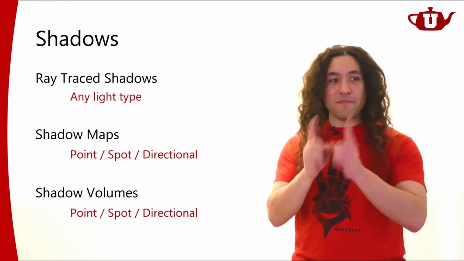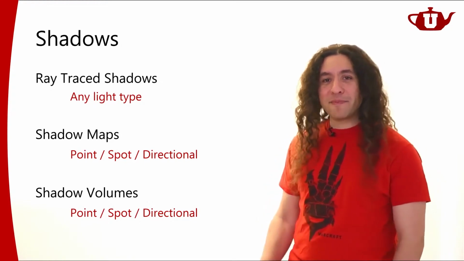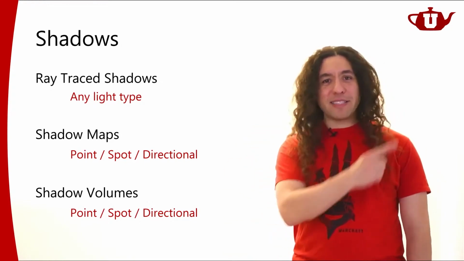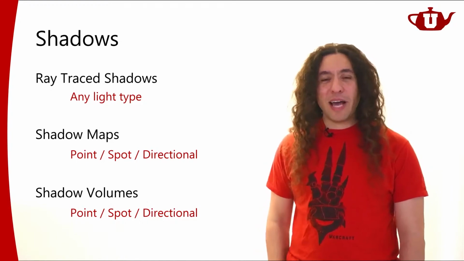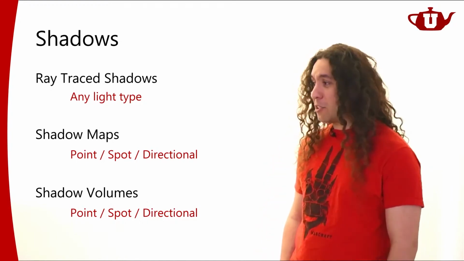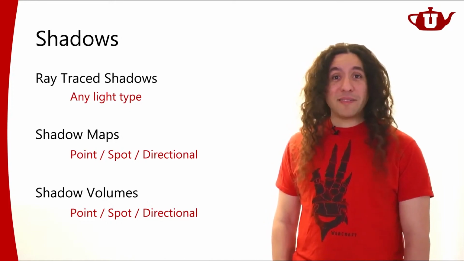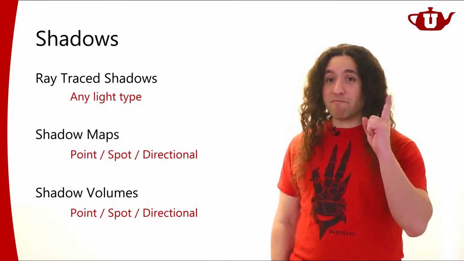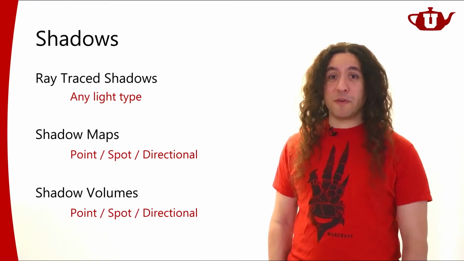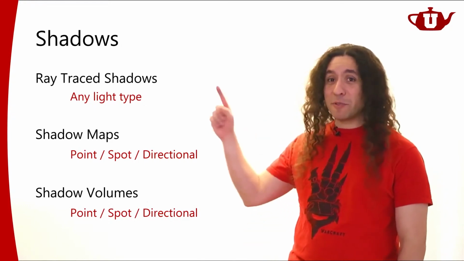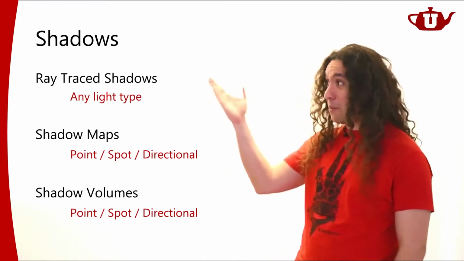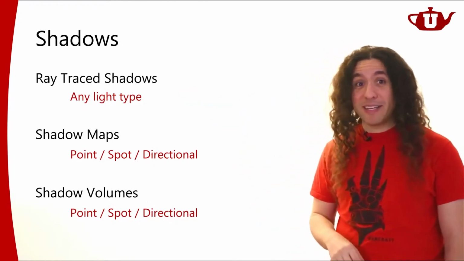But I want to say one more thing. We talked about area lights, and I told you about a paper that could compute lighting from area light sources. And that was great, but I said it does not include shadows. What do we do for shadows? What do we do if I have an area light for shadow? Well, I'm kind of stuck with ray tracing.